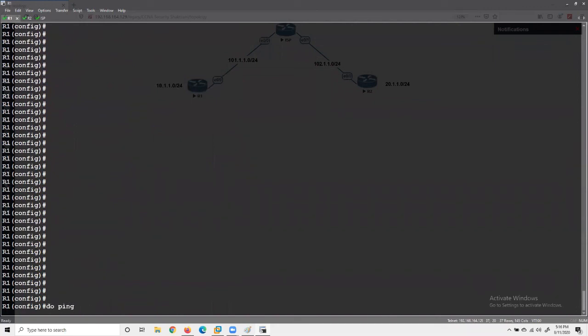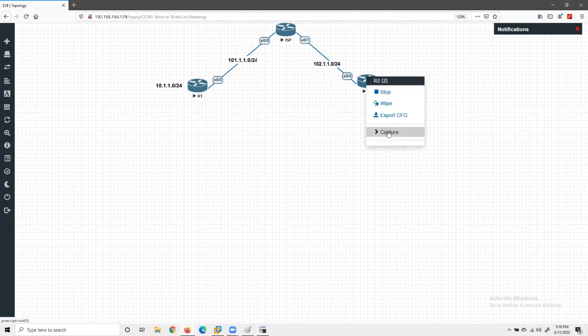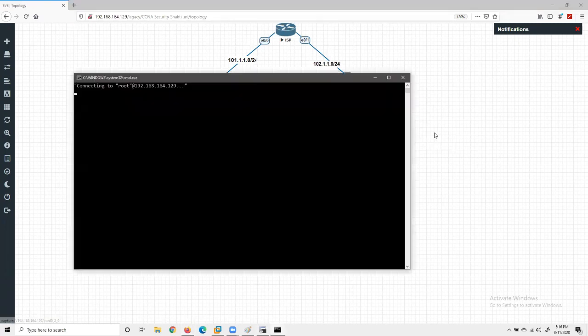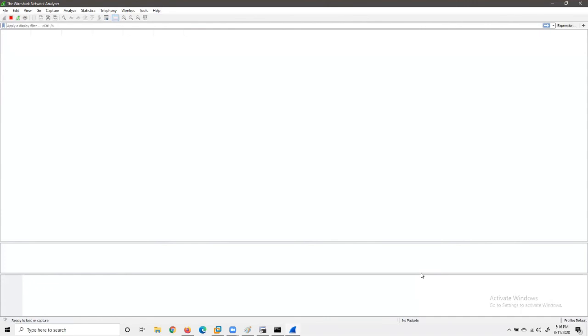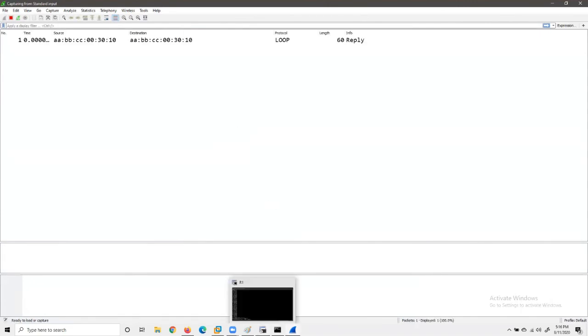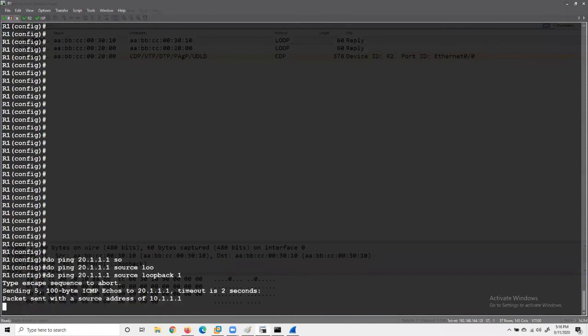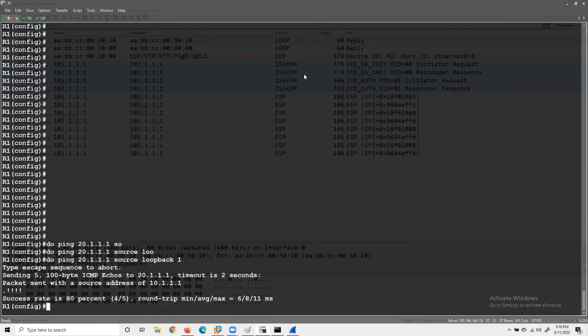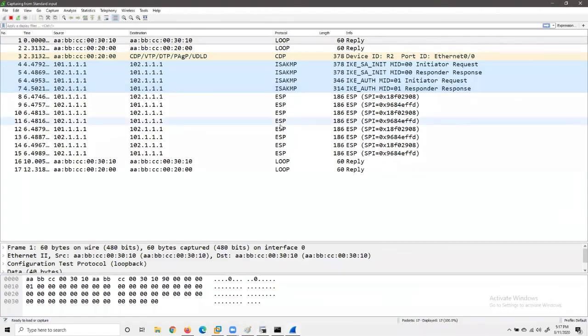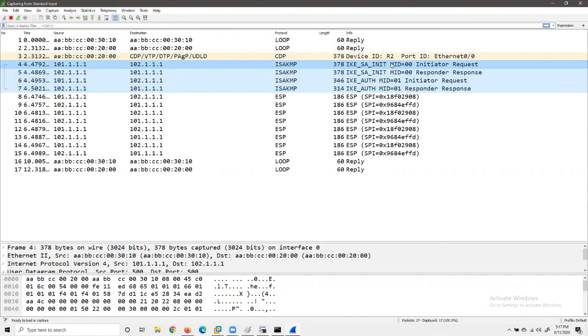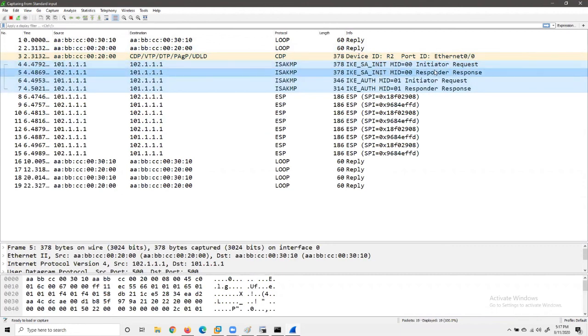Do ping 20.1.1.1 source loopback 1 and let's enable the capture. So the capture is running. Now let's ping it. These are 4 packets exchanged and your traffic has started encrypting, right? Yes. So we are only having these 4 packets. The first packet is IKE-SA-INIT. Another packet is IKE-SA-INIT response. Okay,